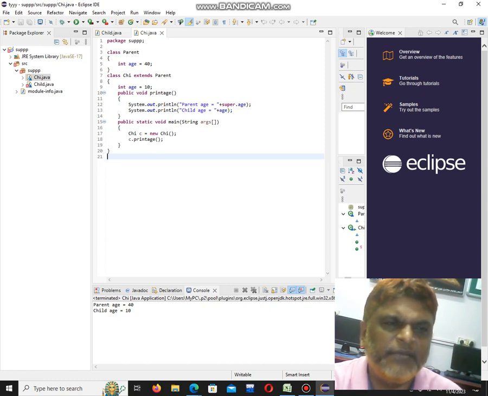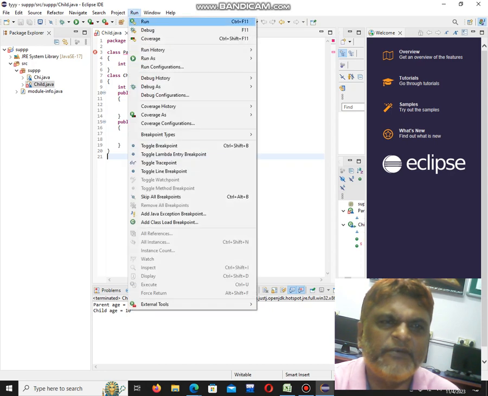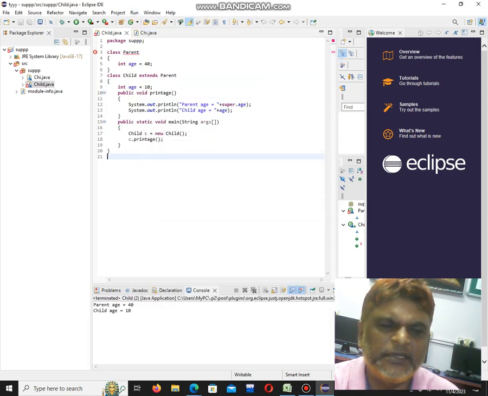Now the same thing you can show for functions, where the functions are common in both the classes. Again you go to this function. See, now this printf function is common in both the classes, but first preference is given to the base class rather than the direct class. Now see, once again if I run this program, Run As, Java Application, then if I say proceed, see here, first preference is given to the base class, then the direct class.